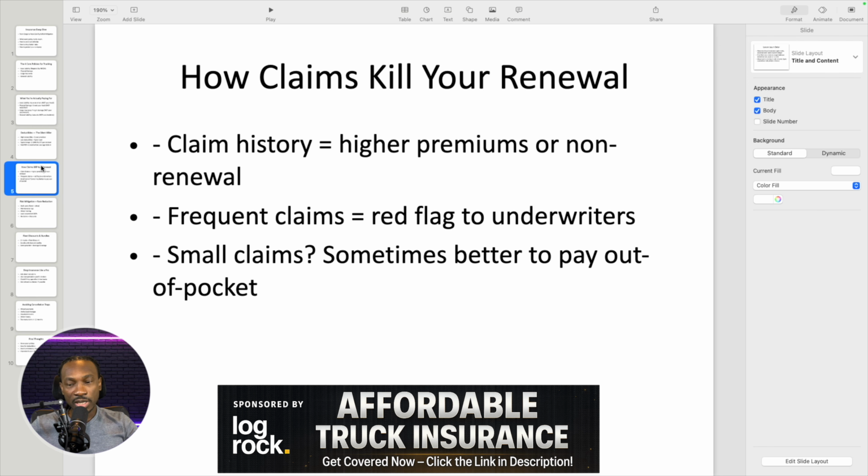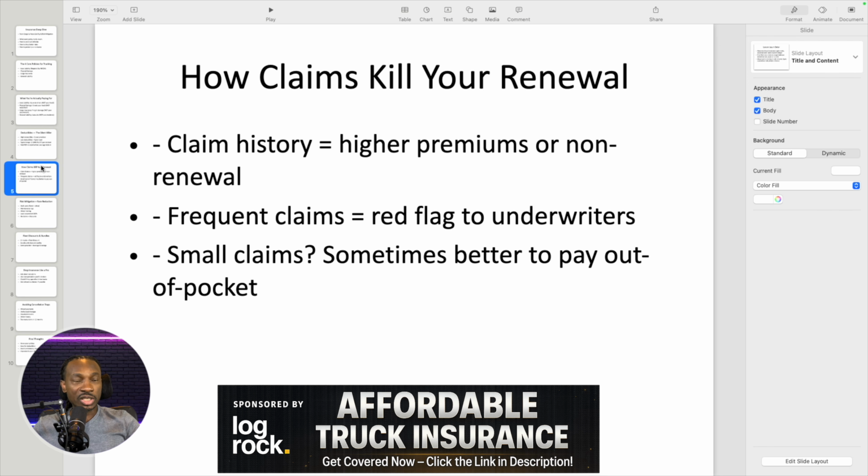Small claims. And this is something that I tell a lot of the final mile guys. Small claims you've got to pay out of your pocket. If you're going to enter into a niche like final mile, or even moving, but let's just stick to final mile, you're going to come across claims. It's inevitable. I'm not being negative, just a guy that's been in the business a long time. Eventually you're going to miss a step, you're going to nick a wall, you're going to damage something. Nobody's perfect. It's going to happen eventually. Small claims, you pay out of pocket. You never file on your insurance for a claim.